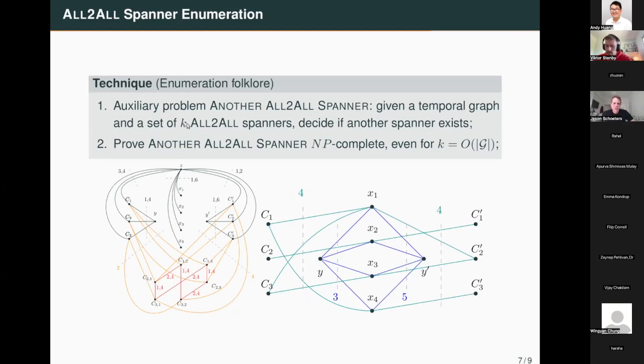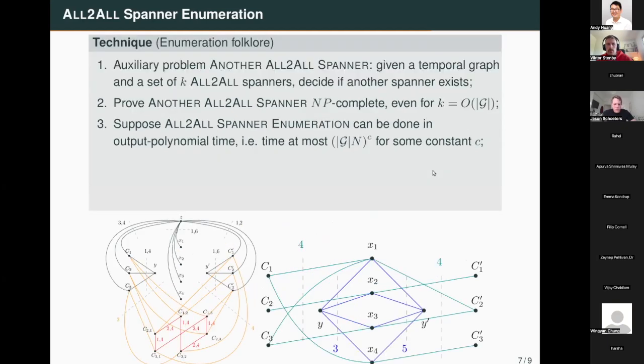And we define the K, the set of K O2L spanners to be the spanners which use this edge and then the corresponding edge on the right. And then another one is this edge and then the corresponding edge on the right. And so these are N individual sort of dummy spanners. And if you find another one, then we basically prove that means you had to solve the SAT instance. So that's why we obtain NP completeness. And so it's important that we had this K, which is polynomial in the size of the graph.